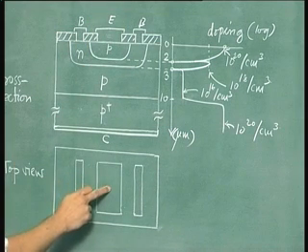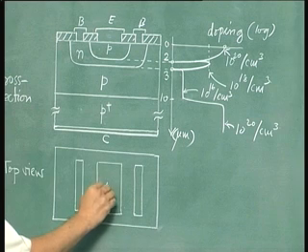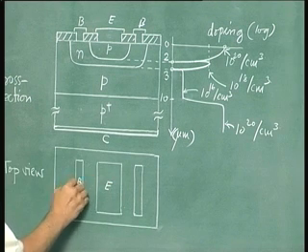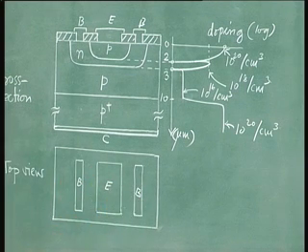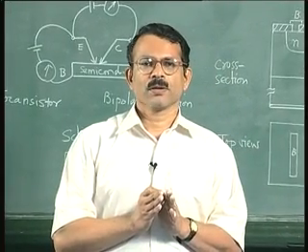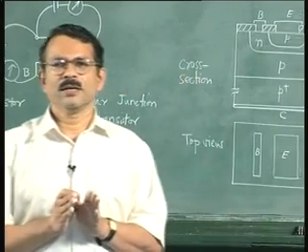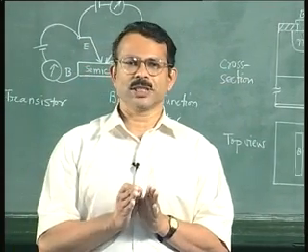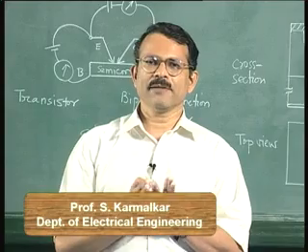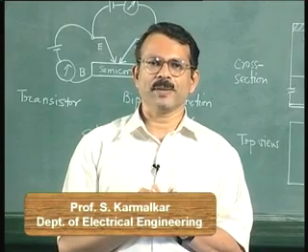So on the top view, this is the emitter and these two are the base contacts. So that is the structure of the device, the real structure. Now as we have been saying, for the purpose of analysis we need to use a very simplified structure for which simple equations can be derived and the essential phenomena can be